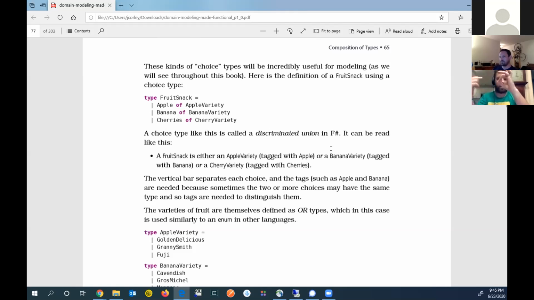You color in the entire thing, including the intersection, and that's you get a union. It can be read like this: a fruit snack is either apple variety tagged with apple, or a banana variety tagged with banana, or a cherry variety tagged with cherries. The vertical bar separates each choice in the tag, such as apple and banana are needed because sometimes